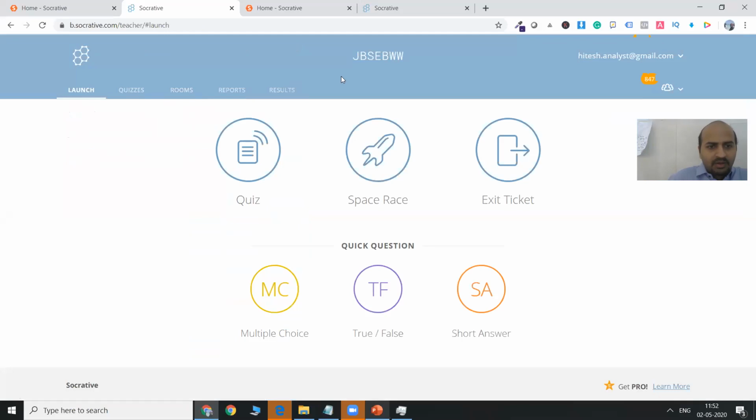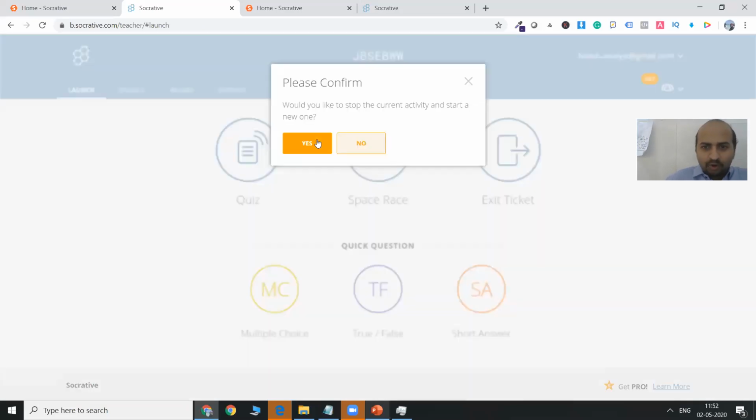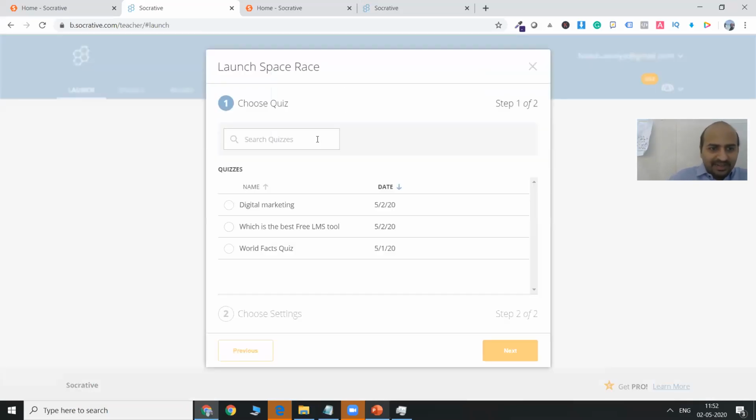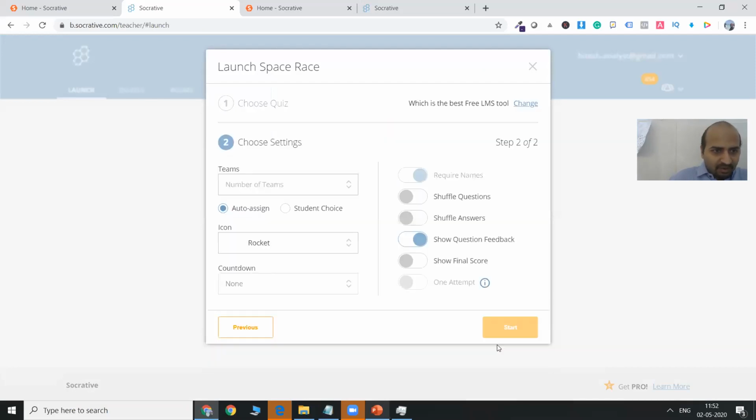Okay. Now the second version of this game is what we call a space rocket. Now what is space rocket? Space rocket is very interesting. So I'm going to launch one more quiz with all of you. The room name still remains the same. In the space rocket, what happens is